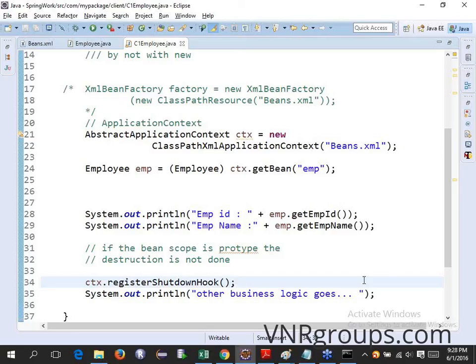When we say context closed, we are focusing on the context. When we say we have to shut down hook, we go to the descriptor of the